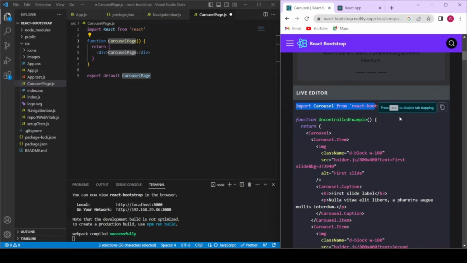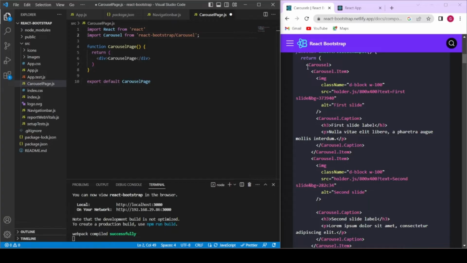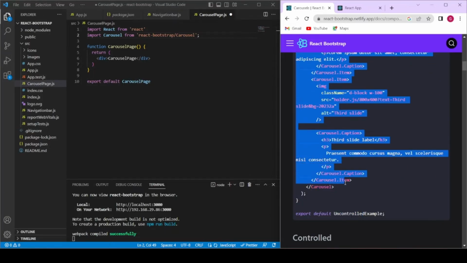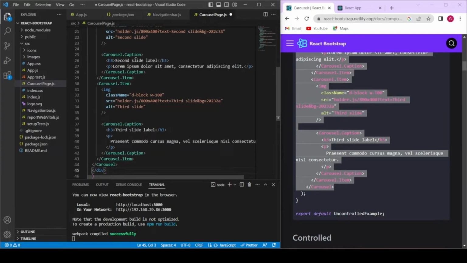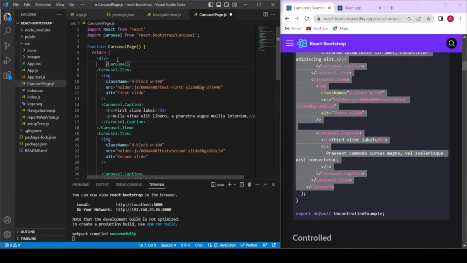In there I'll import this from React Bootstrap, and then I'll just copy over this piece of code and paste it under the div tag. Yeah, so now that we have a carousel page,